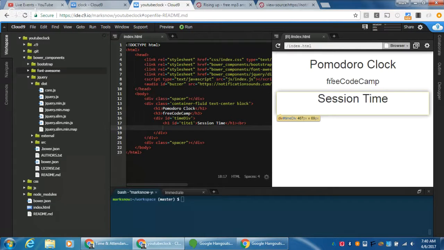So here we go. You can kind of see my main div, my body, my div class spacer that has nothing on it, and my main container. There's no CSS. I just have to make sure I'm saving this as I go along. So you can kind of see what I'm doing. So I have a session time. I have a break. And inside of this next break, I'm going to have an